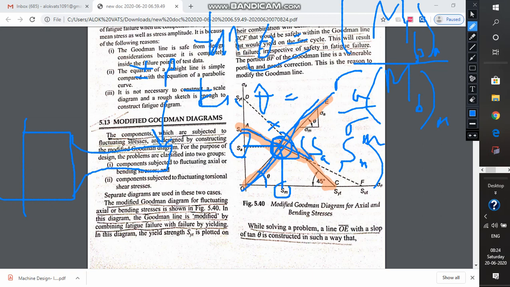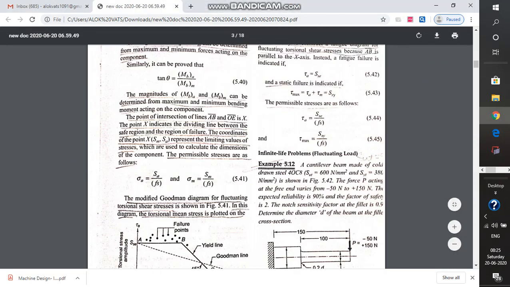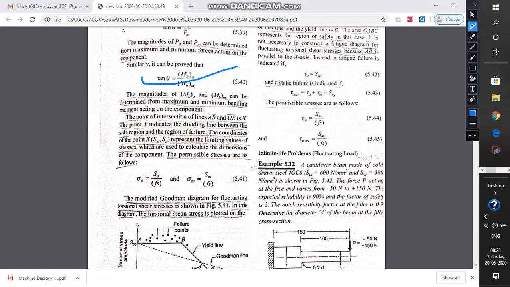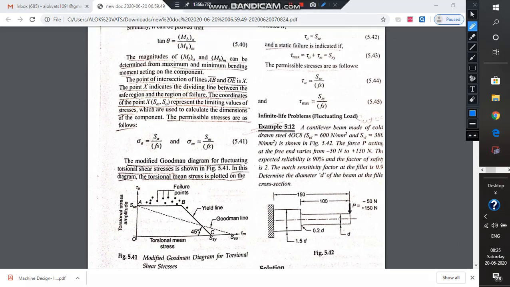Now the greater of these two is going to decide the design criteria, or the design dimension, of the particular component. Suppose the design dimension could be the diameter in the case of circular shafts or circular components. This becomes clear when we see the formula written there. And for the permissible stresses, the greater of the two, SA and SM, can be chosen.